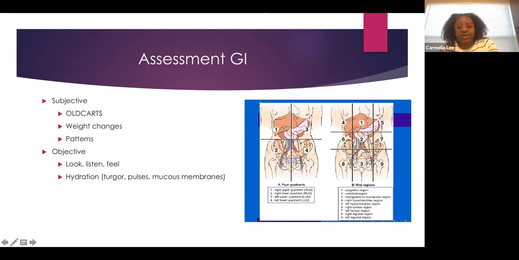Also, again, you want to see what is their hydration status. If they've been vomiting excessively, diarrhea excessively, you want to know, is there a concern for hydration? So you can do that looking at their mucous membranes. Are they tacky? Do you have tinting of the skin? Is their pulse high? So those are all the things you want to look at. Are their oral membranes, mucous membranes pale? That can be a sign of anemia if they're having issues with chronic diarrhea and they're not absorbing the nutrients. So those are all of the things you want to start looking at when you get some of these complaints.